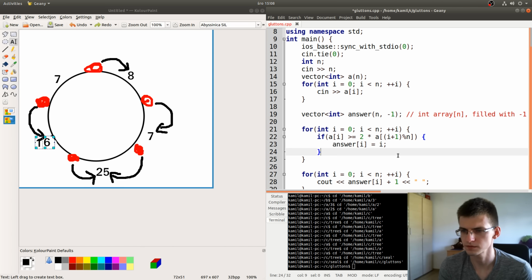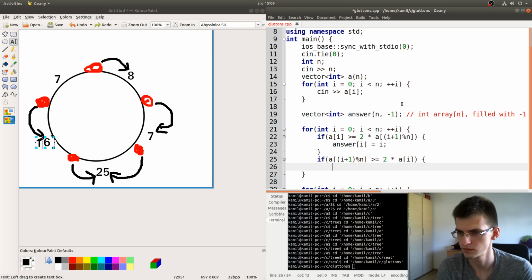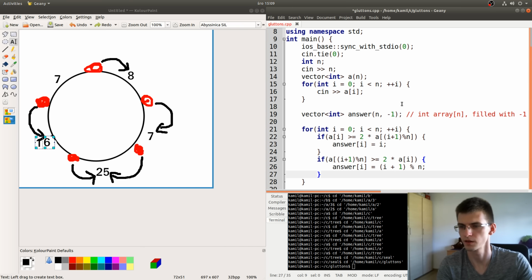Okay, and similarly, if that next cake is 2 times bigger, that the person should eat that next cake. Makes sense? I think so.